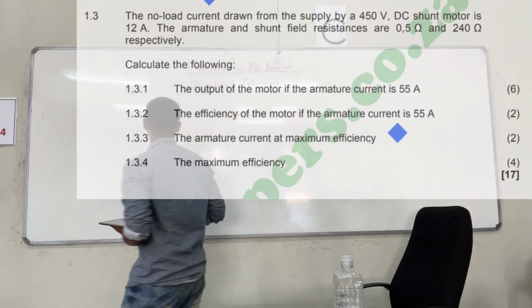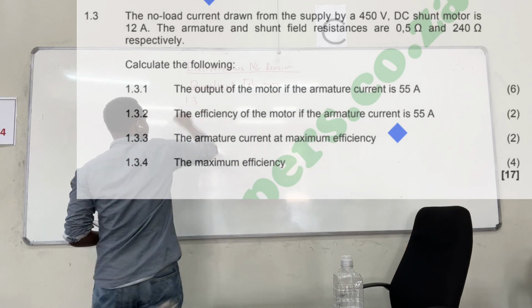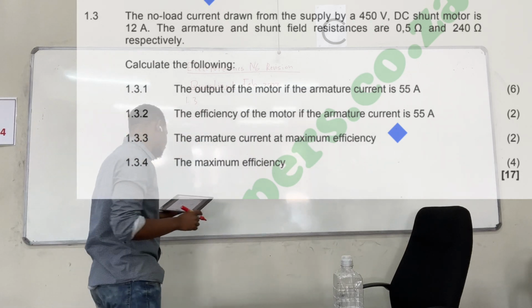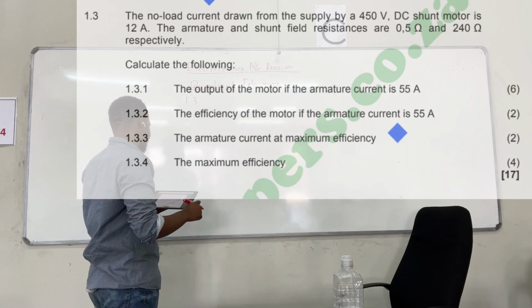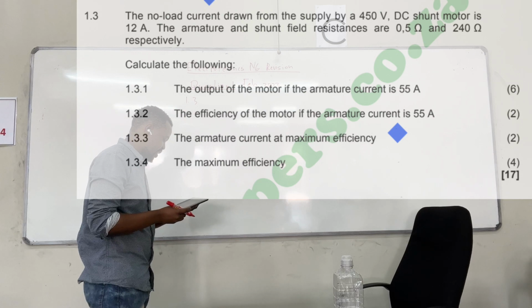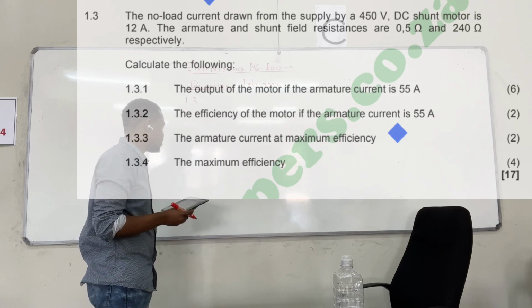Okay, let's do 1.3. It is the no load current drawn from the supply by a 450 volts